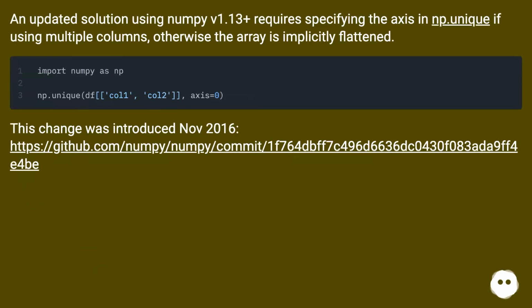An updated solution using NumPy v1.13 plus requires specifying the axis in np.unique if using multiple columns, otherwise the array is implicitly flattened. This change was introduced November 2016. This URL